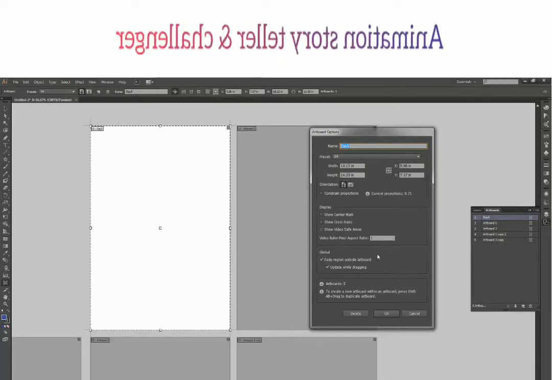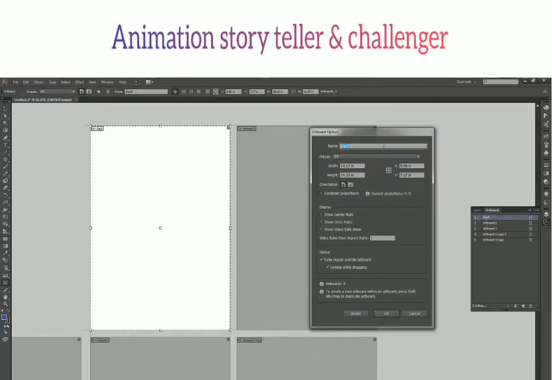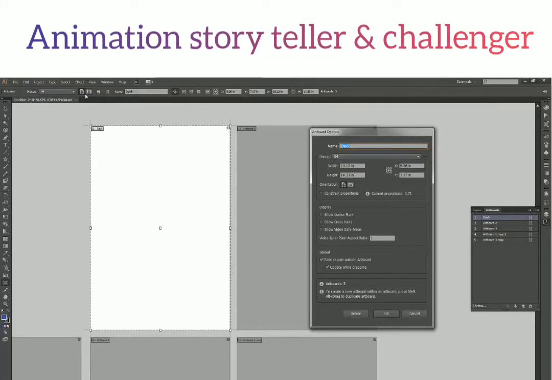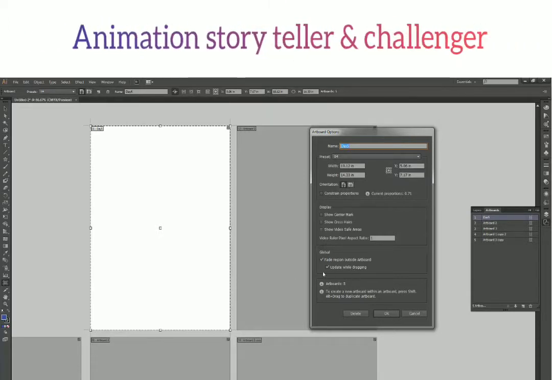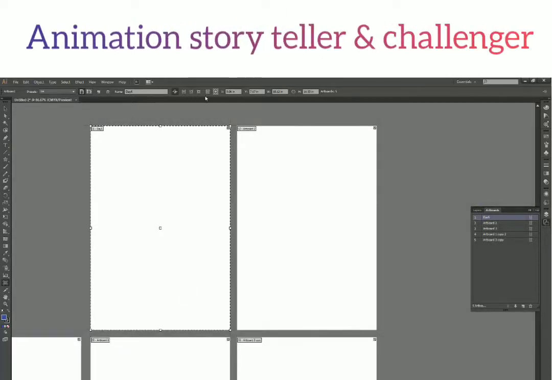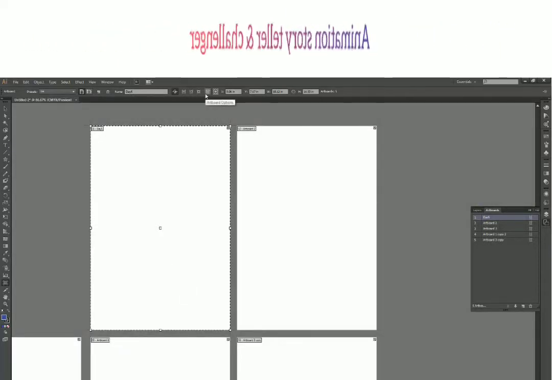And then we have this button which will open the artboard options. I think by this time we don't need this artboard options because we have all these options covered already here in our option panel. But still, if you want to use it, then yeah, you have the option to open this window over here.